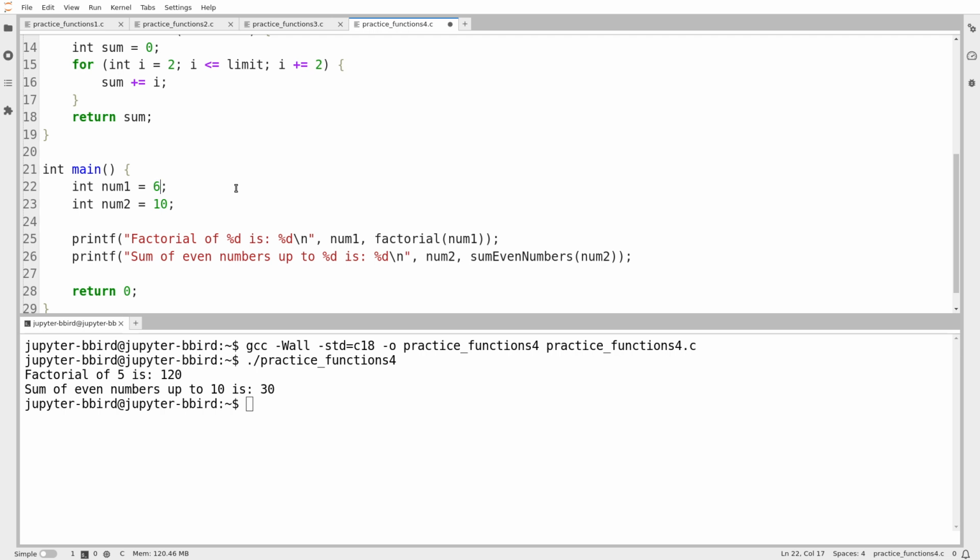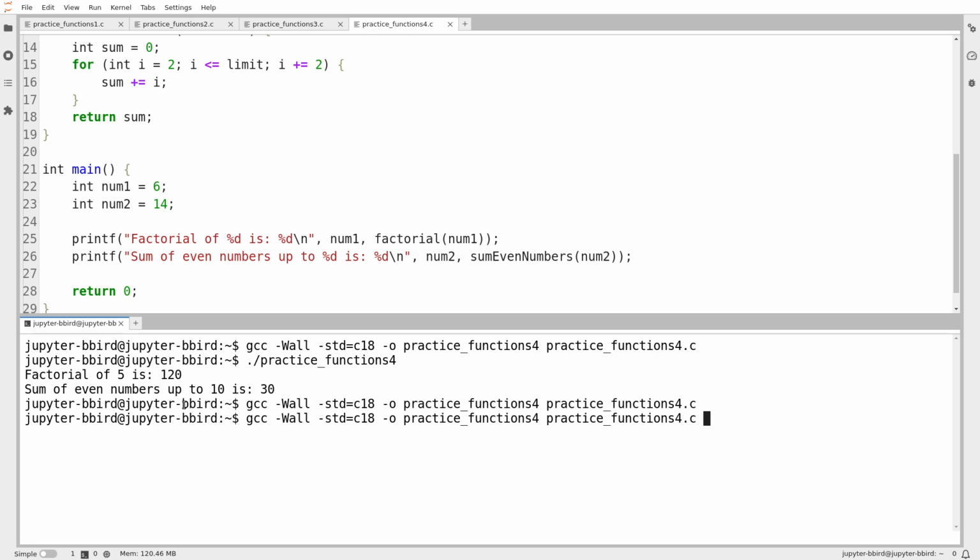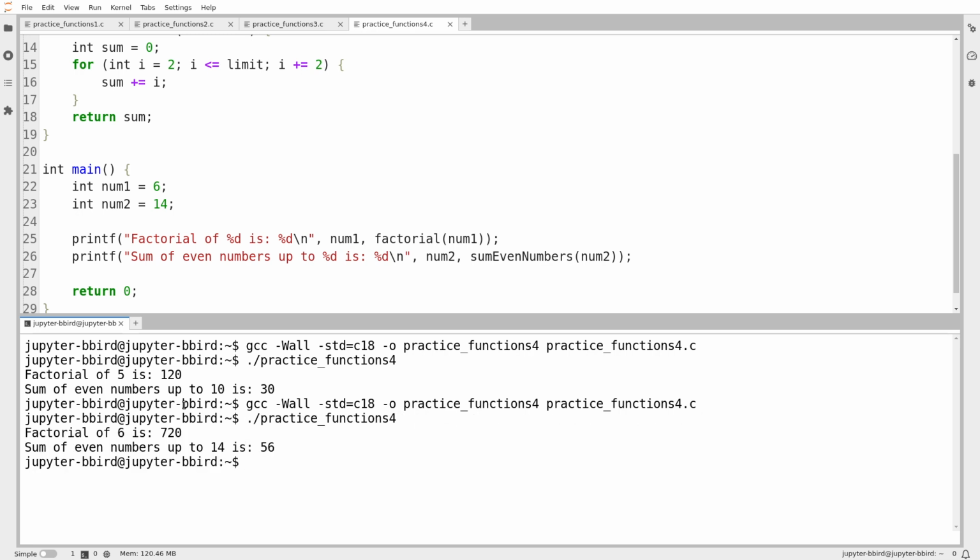Let's see if it can generate the factorial of 6 and the sum of all even numbers up to 15, let's say. Or no, let's go easy on it, and we'll start with 14. All right, the factorial of 6 is apparently 720. That looks correct. I happen to know the factorial of 6, and it actually is 720.